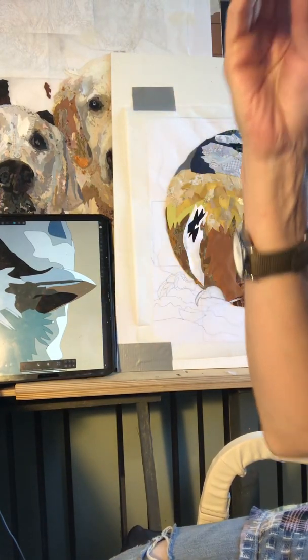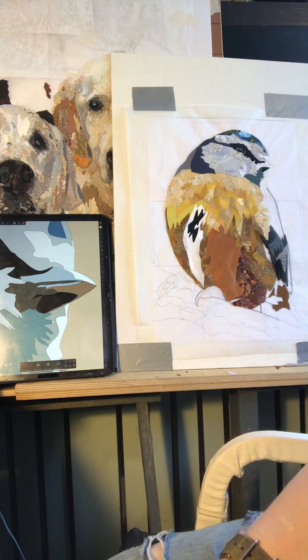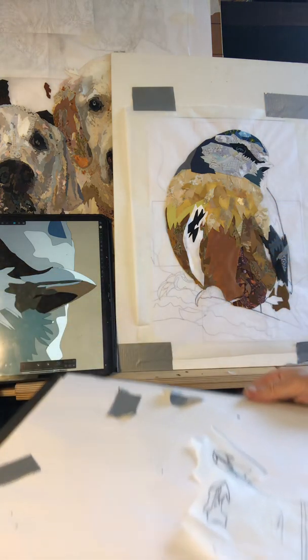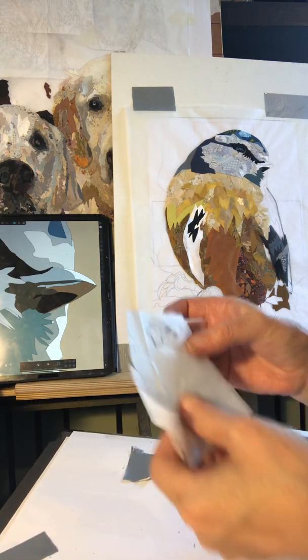Hi, I thought we'd have a go at the beak next. It's a slightly tricky bit, but it really consists of only 5 colours. So I've looked at it, and the way I think is the easiest thing to do is again to draw it out